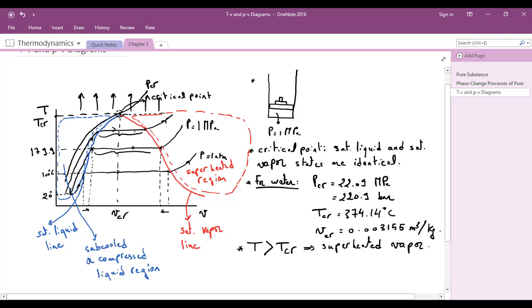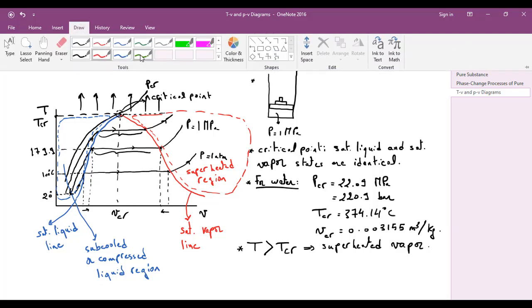The two lines, the saturated vapor line and the saturated liquid line, will be connected and will meet at the critical point. This shape, as we can see here, the saturated liquid line with the saturated vapor line, resembles a dome. So this looks like a dome. Inside this dome, this region below the dome